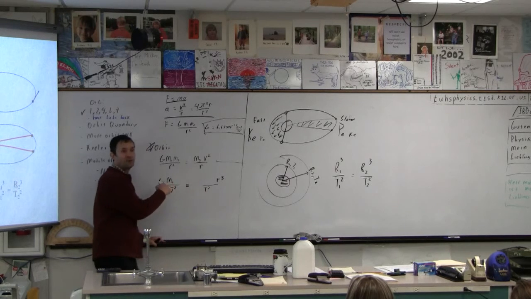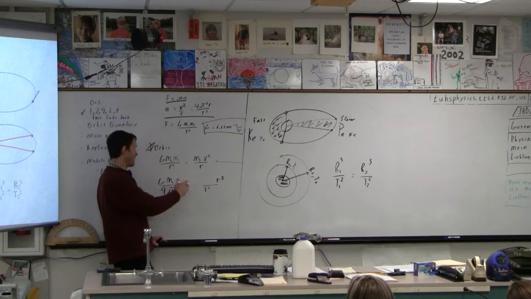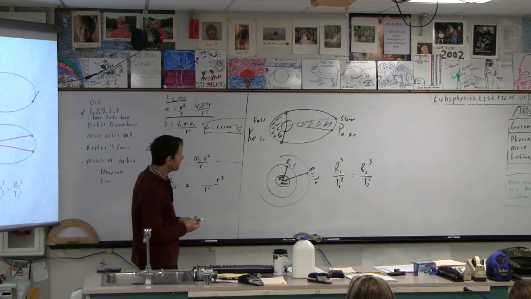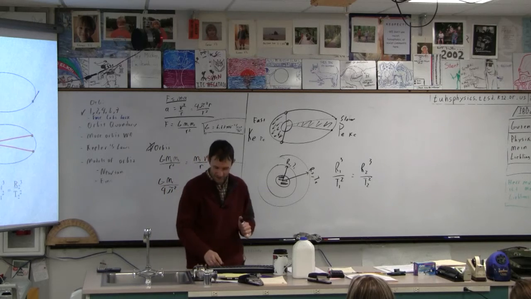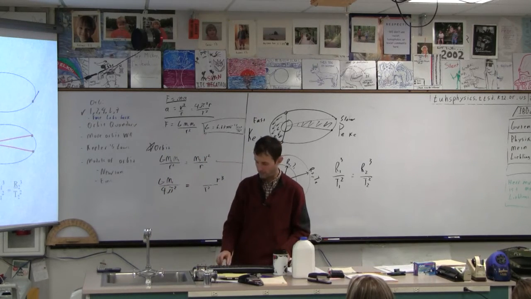This is not how Kepler came up with it, though. Newton came up with this whole idea much later, right? And then came back and said, oh yeah, it also agrees with Kepler, because if it doesn't, it can't be right. Actually, aliens showed Kepler how to do that. That's where it came from.